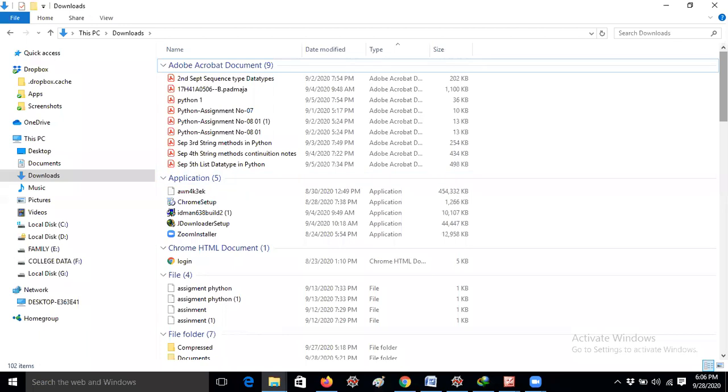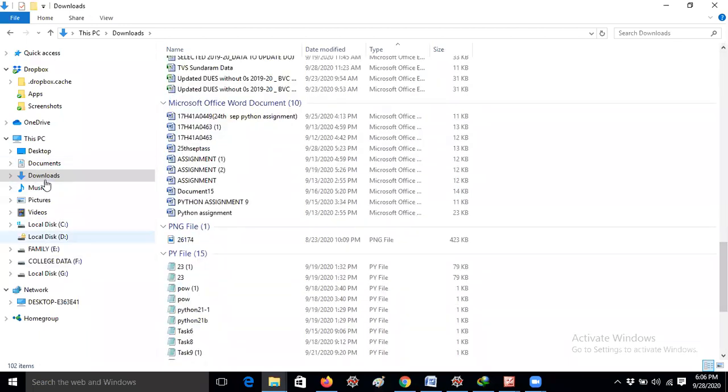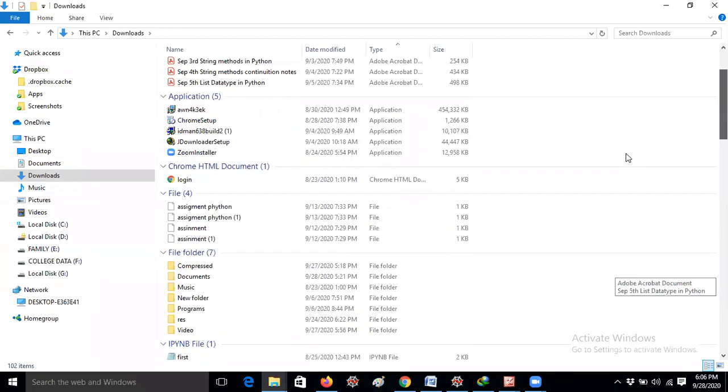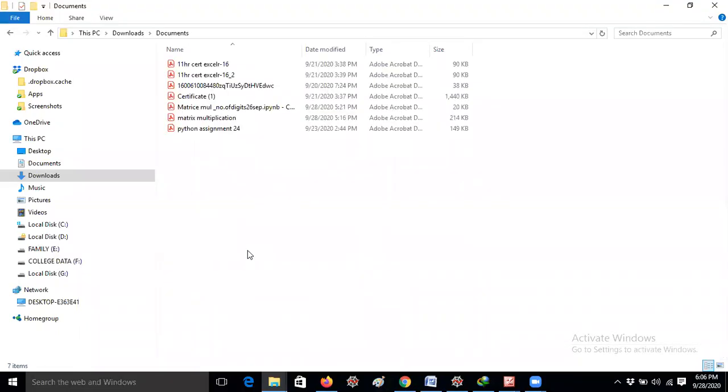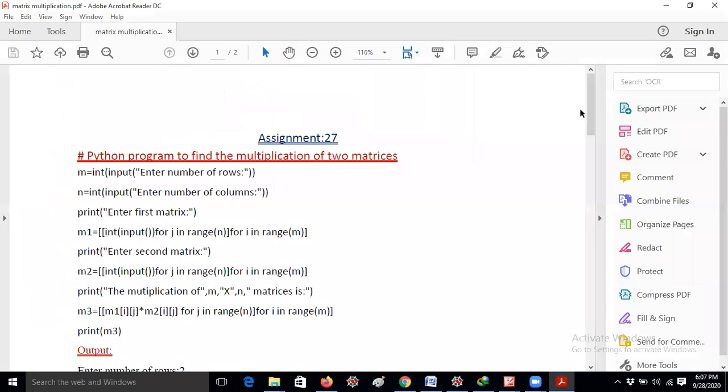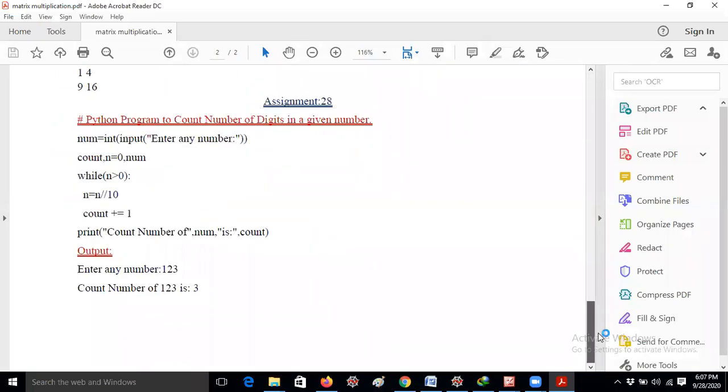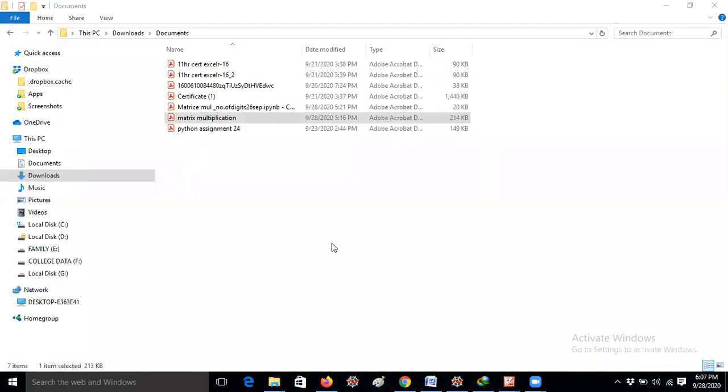I think I did not download it. One minute, let me check, guys. Downloads, documents. Okay, some students used functions also. I think it is a Word document only. Okay, no problem, I will check in the mail.